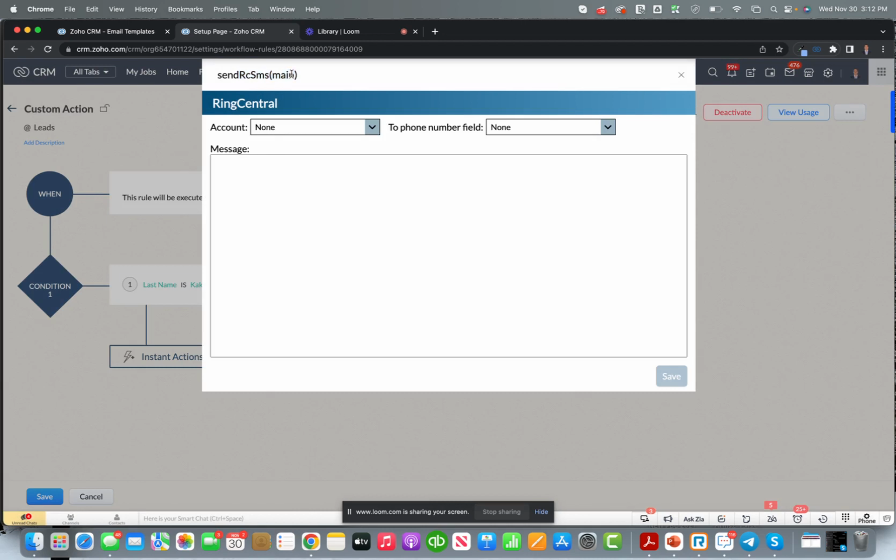Send RC SMS main. You're going to select which account you're going to be using for that custom action, which field for the leads, and then you could type your message. You could also use our merge fields. I have a field quote number,